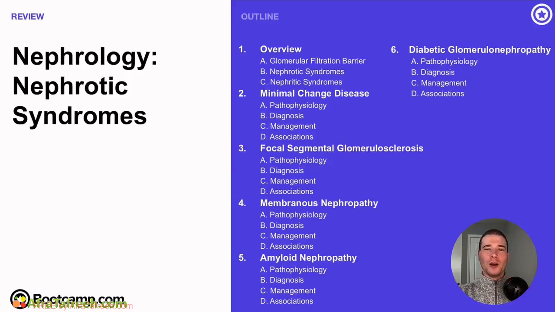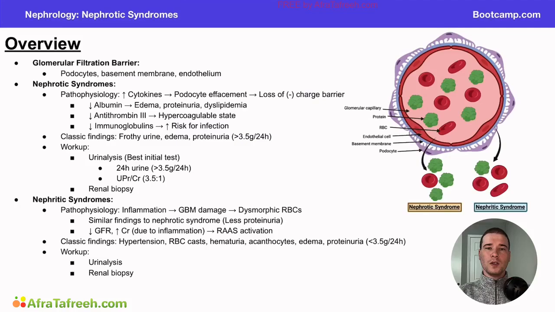So in this chapter, we are now going to start to talk about some of the most commonly tested renal pathologies that they ask about on board exams, and that is those that include nephrotic syndromes and nephritic syndromes. So first, we're going to start with a general overview of what these are, and then we're going to dive into each one individually. So in this first video, I want to revisit a little bit about the glomerular filtration